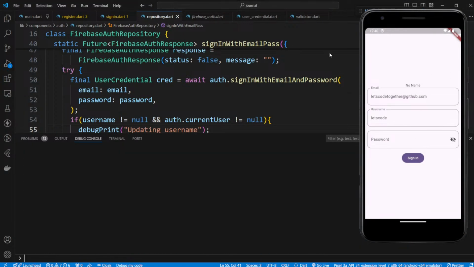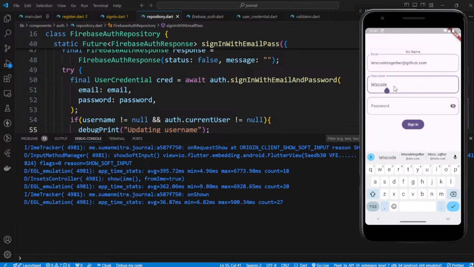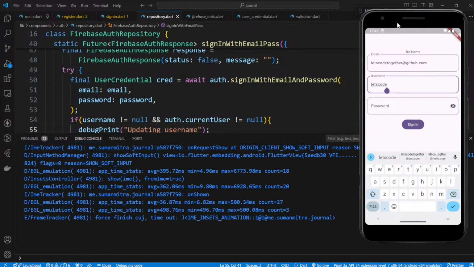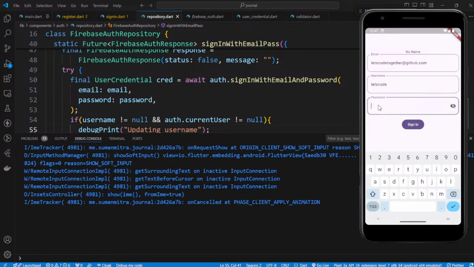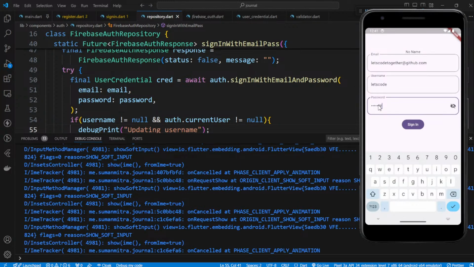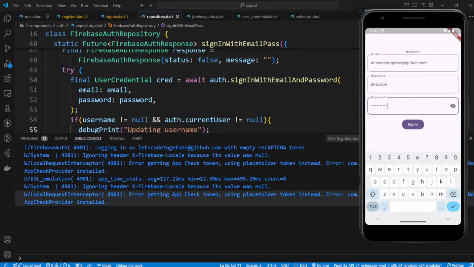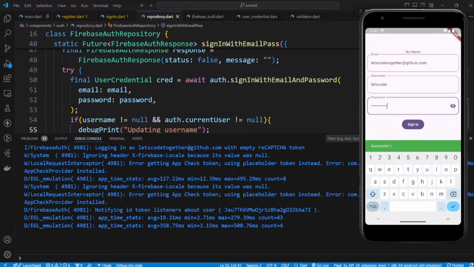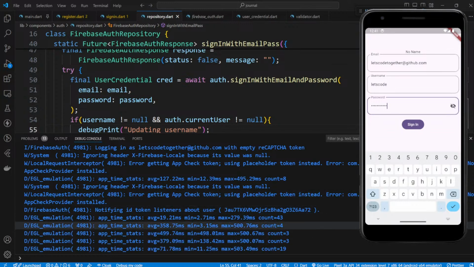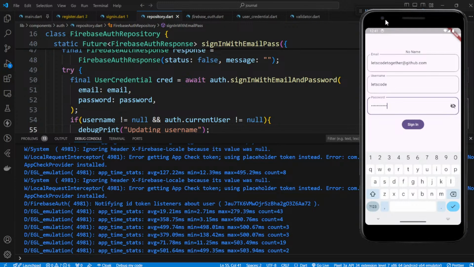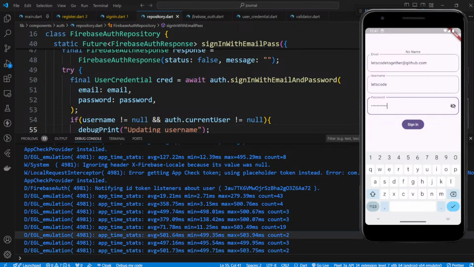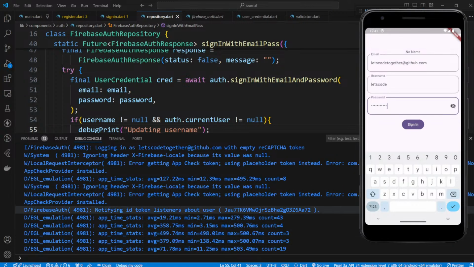Now the username we have put it here, right? We need to see if even this is getting executed. Let's put the password. Hello world. Click on sign in. Now if you say the username does not get updated because the thing is not